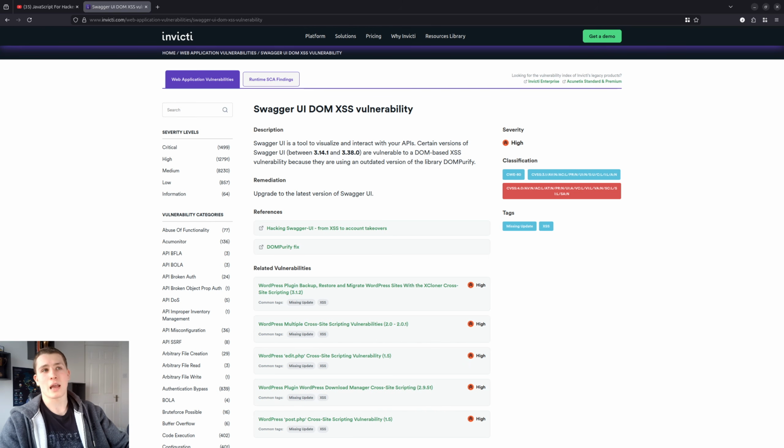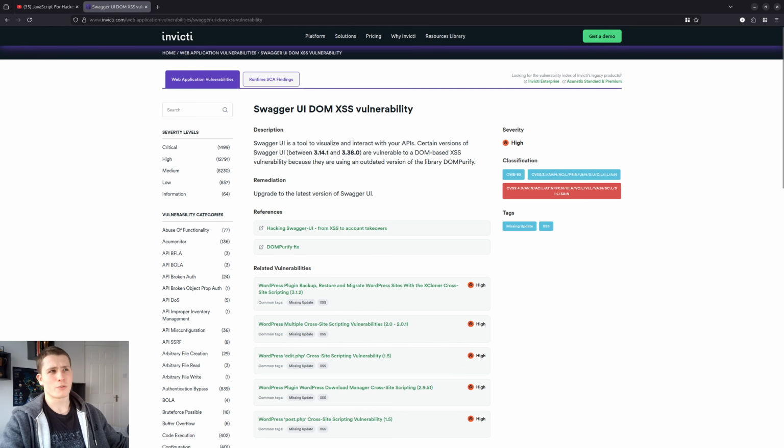But there's basically a DOM cross-site scripting vulnerability between these versions, because this UI tool was using an outdated version of the DOMPurify library. So if you're able to find this Swagger UI between these versions here on a website, then you can basically get DOM XSS on it just because they were using an outdated version of DOMPurify. This just goes to show you that checking whether an application is using old versions of libraries is actually a very good way to find